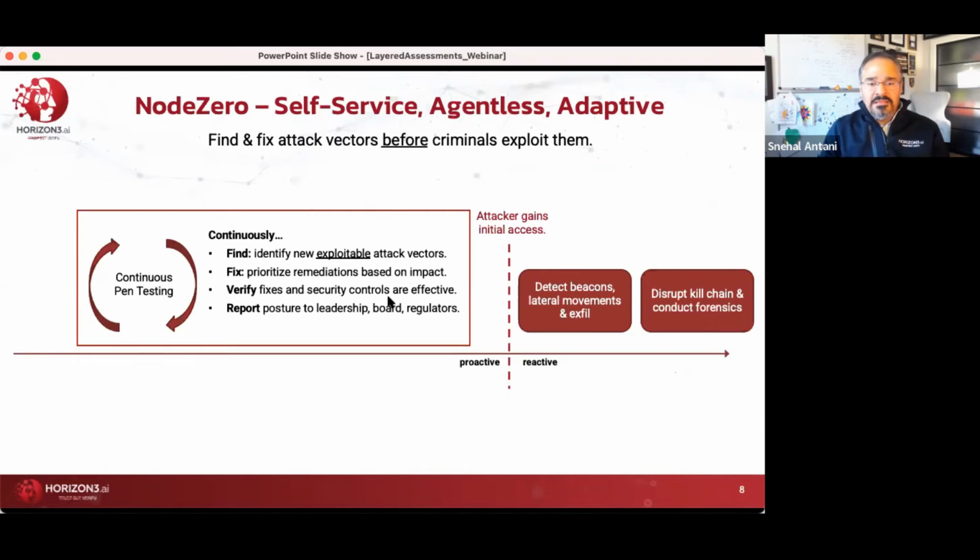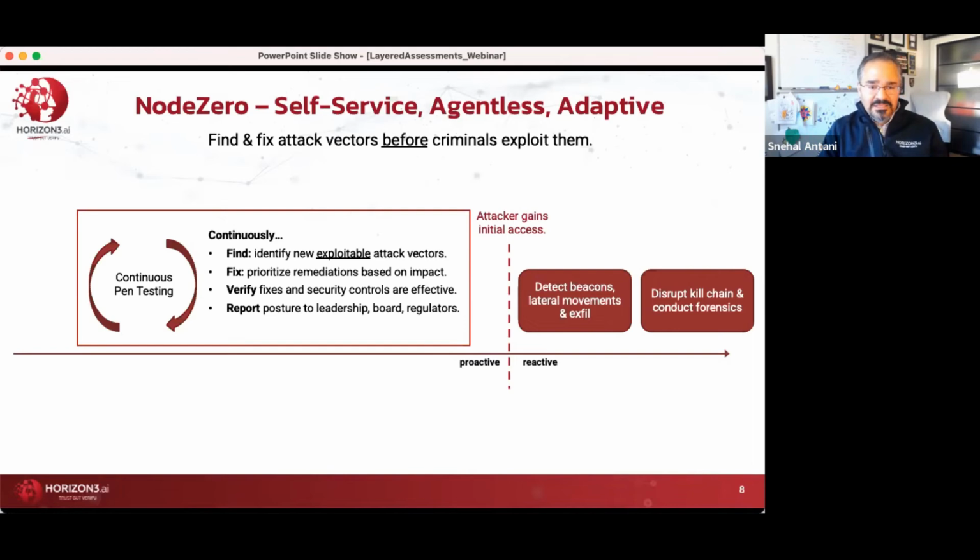So if you make that a little bit more generic and think about the timeline, to the right of the moment an attacker gains initial access is your reactive posture. Can you detect your beacons? Can you detect lateral movement? Can you detect exfil? And what can you do to disrupt your kill chain and conduct forensics? And we spend a lot of our time and money as CISOs and CIOs on the right side of that line. And that's where your defense in depth starts to play, but what you want to do is also adequately invest left of that line